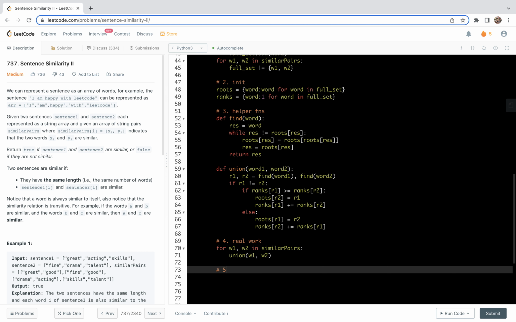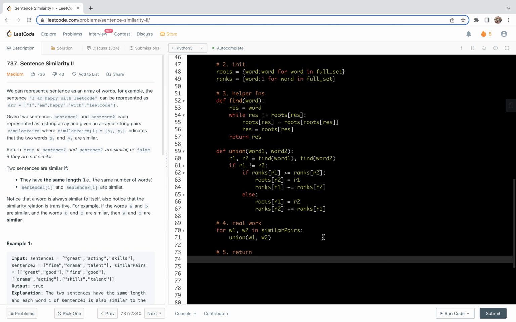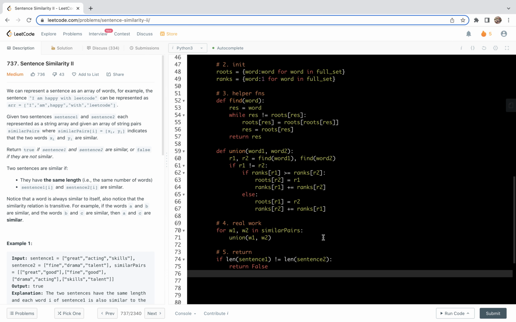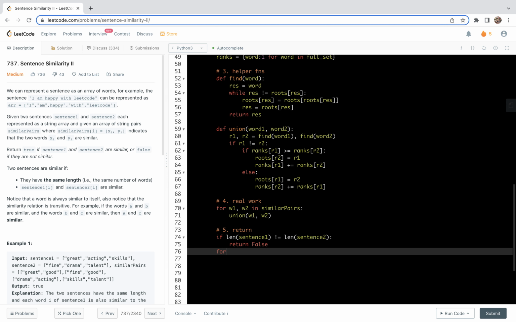Next we're going to prepare the return. First we're going to check the length of the sentences. If the two sentences have different lengths, they are not similar, so if length of sentence1 does not equal length of sentence2, we're going to return false. Otherwise, we are going to compare the word pairs corresponding to each index. Basically, it's a for loop for word1, word2 in zip,